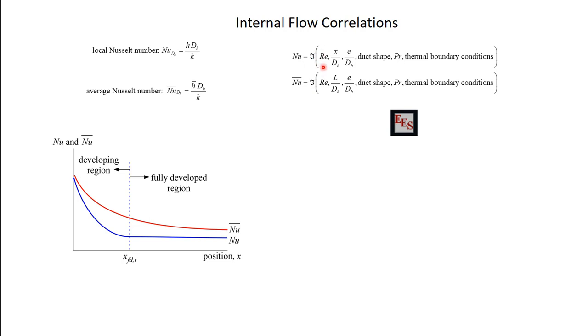So they both depend on, if you look at this, all the same things that the friction factor depends on. The Reynolds number, how long is the duct normalized by the hydraulic diameter, roughness normalized by the hydraulic diameter, what's the shape of the duct, and then they also depend on two more things. So they depend on the Prandtl number, right, which shouldn't be too surprising, and then they also depend on what is the thermal boundary condition associated with the duct surface. So do you have a duct that has a constant temperature? Do you have a duct that has a constant heat flux, or something else, something between those two things? So if we go back and look at EES, you can see that all this dependence is reflected in the procedure calls to